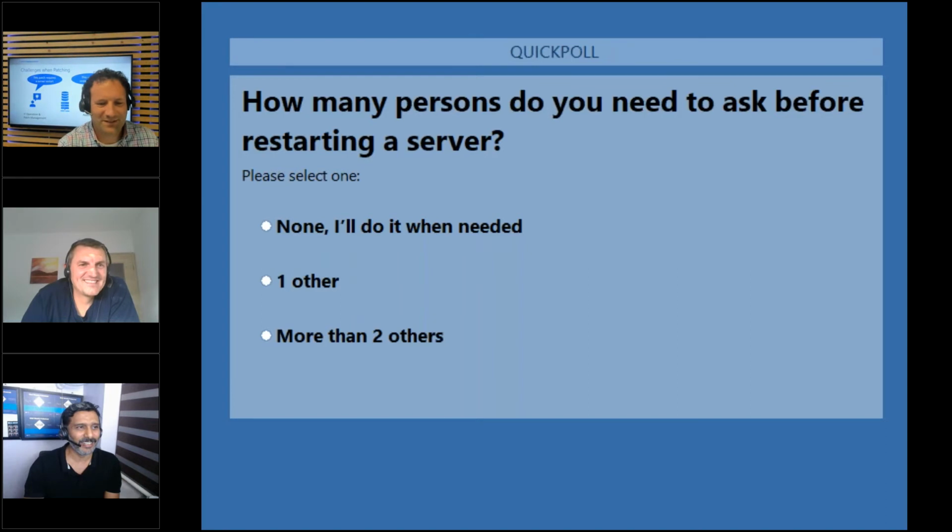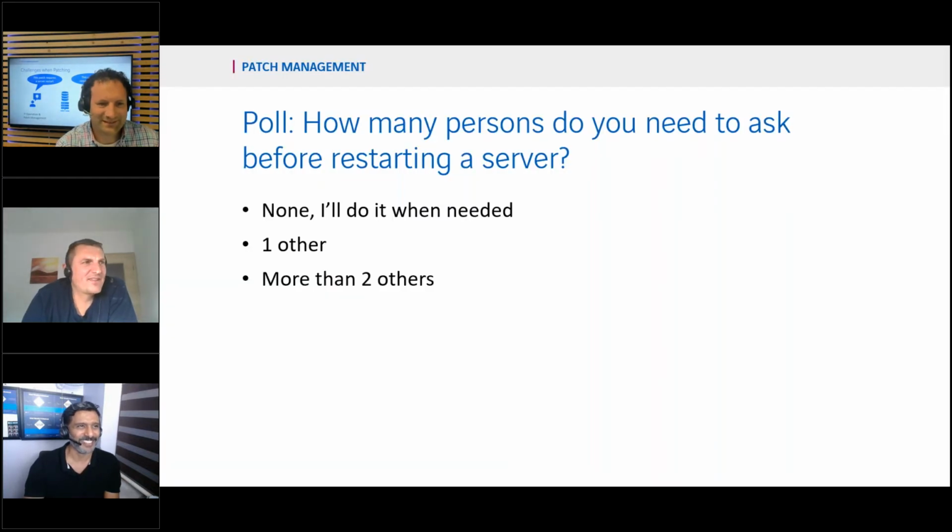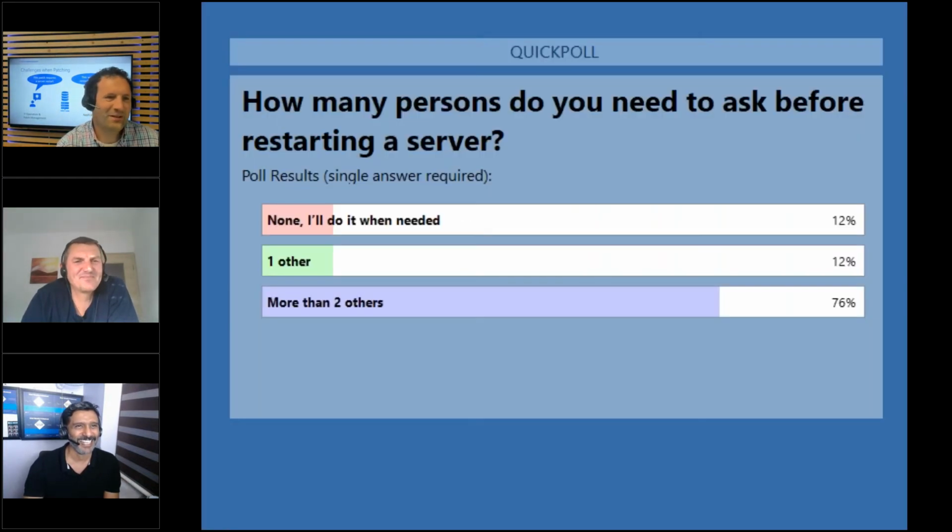I think it is going to be more than two people, two others. The third option would be in most of the scenarios. I think so too. Yeah. There we go. So you got over 30 people that voted for now. So you see the results here. Yeah, there's a lot of